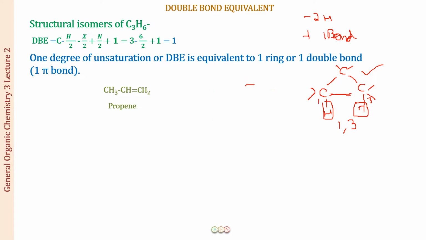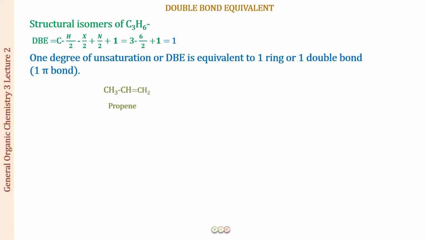I hope now this is clear. So wherever the DBE value comes as 1, this means that I can draw a double bond, and if possible I can also draw a ring. Now why I'm saying if possible is because we had drawn ethene also, right? So this was also a double bond. But now I cannot draw a ring for this because for drawing a ring at least I need 3 carbons. So wherever possible I can draw a ring for a double bond. Okay, I hope this is clear.